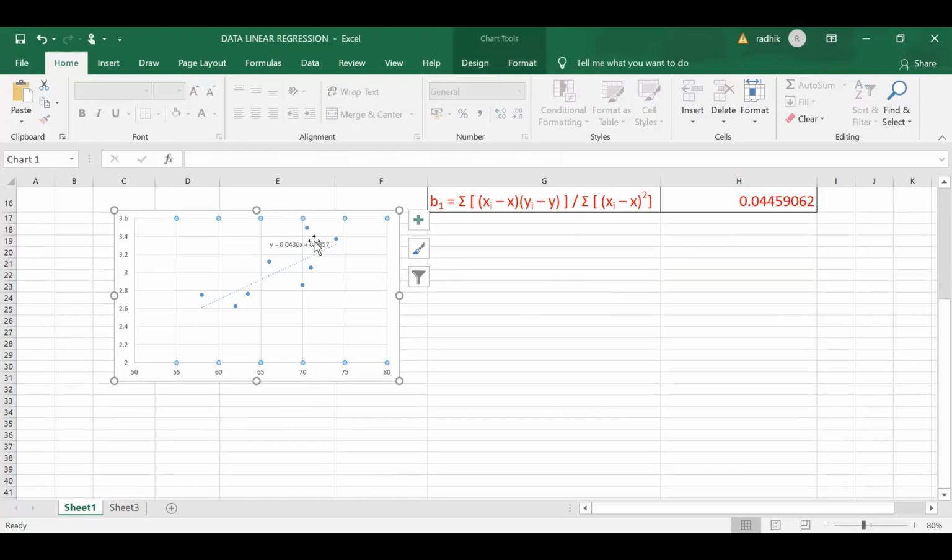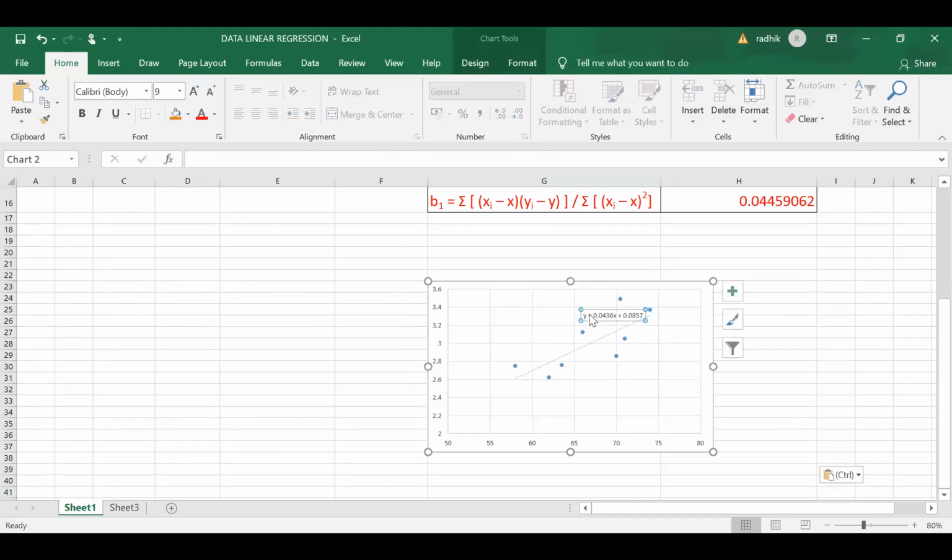So this is the regression equation we have.